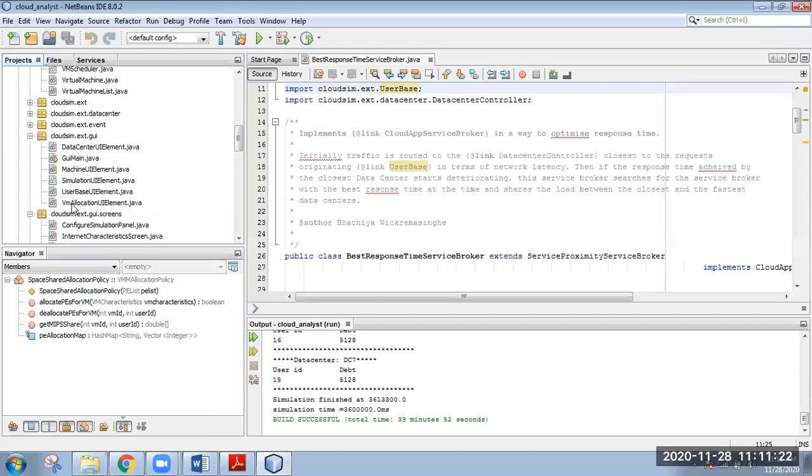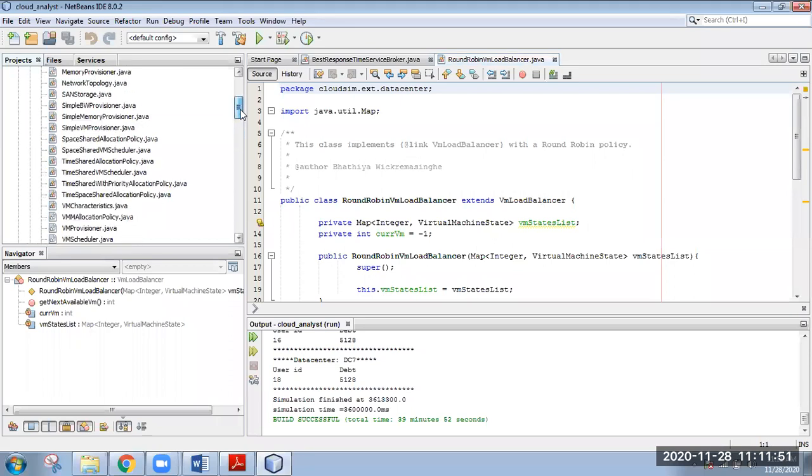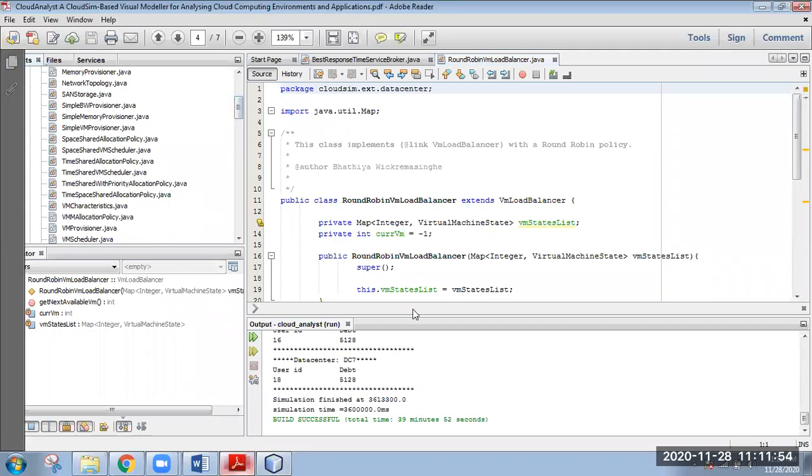Okay, this is the VM allocation policies. So you read these files and try to modify. Yes, this round robin and data center controller throttle scheduling. These are there inside the data center. So you read these files and try to modify this particular file and run with the same configuration, so that you can conduct a lot of simulation using Cloud Analyst, right? So this is the thing, and I am telling you another thing.